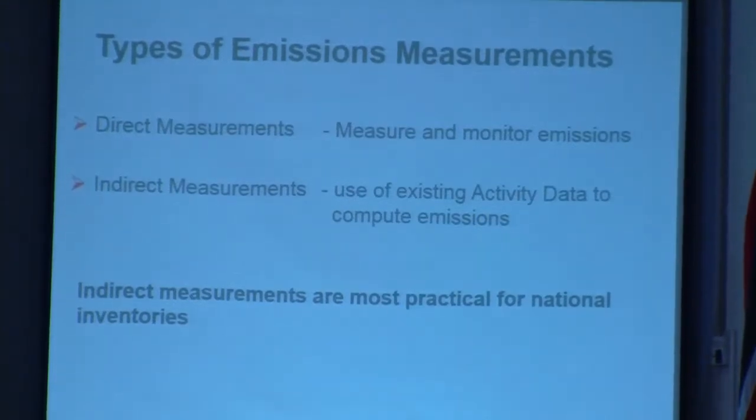Now, there are two ways to perform this measurement. One of the ways is via direct measurement, where you have some instrument that directly measures your greenhouse gas or your CO2 as it may be. That is not always practical. Sometimes these emissions occur from scattered sources. Sometimes these emissions occur at different temperatures and pressures and localities that are difficult